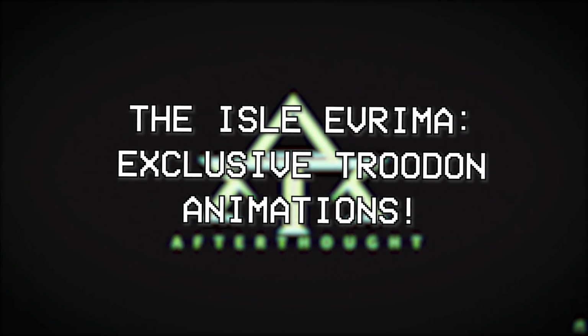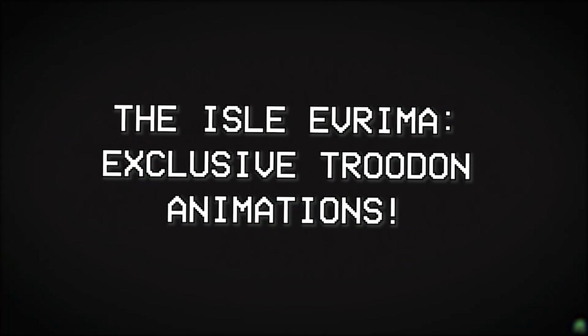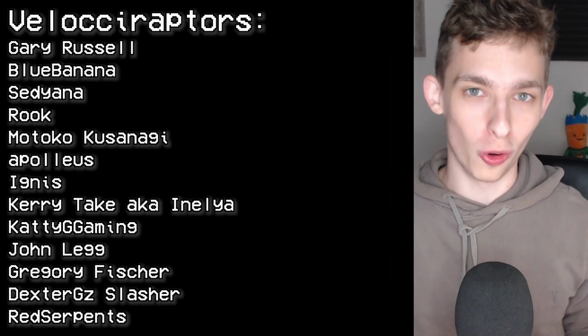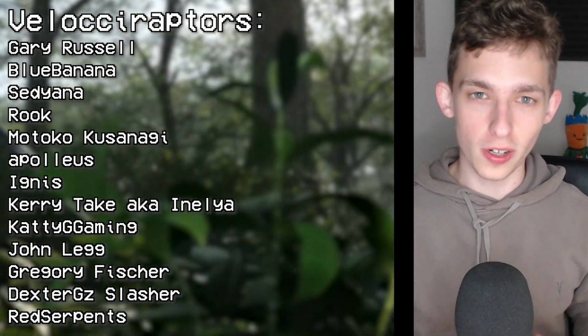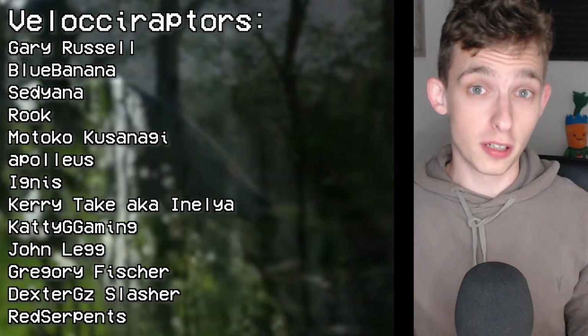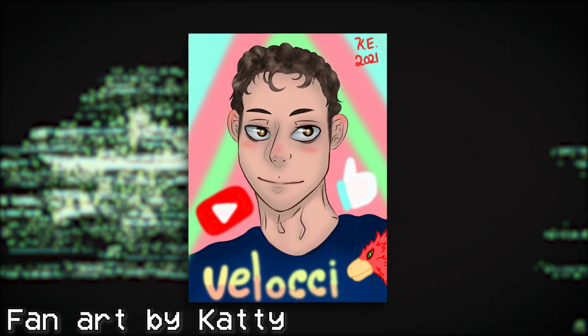Today we are back with a bunch of Isle of EVRIMA news, and this is one that you should be excited for because we have a whole lot to go through. We have Acrocanthosaurus, Ankylosaurus, Baryonyx, Deinocheirus, exclusive unseen Troodon animations and calls, and a whole bunch more, including update 4